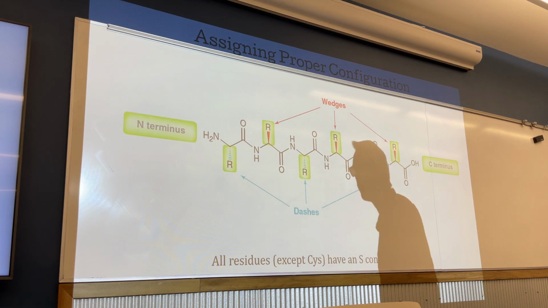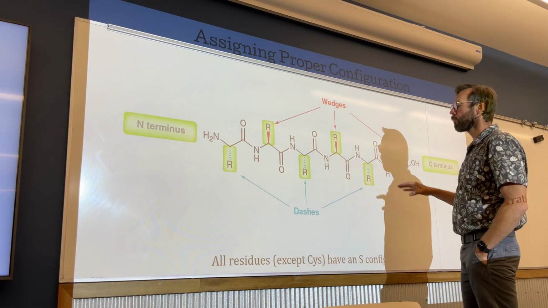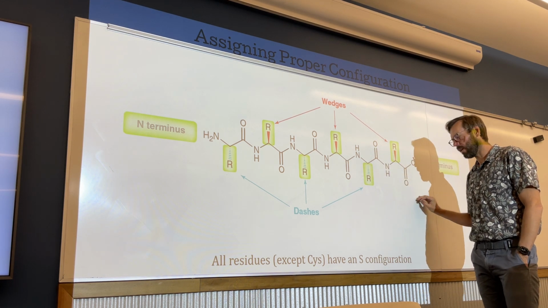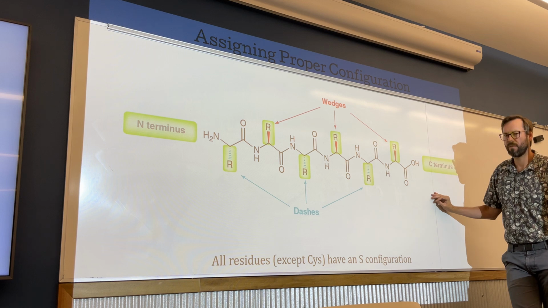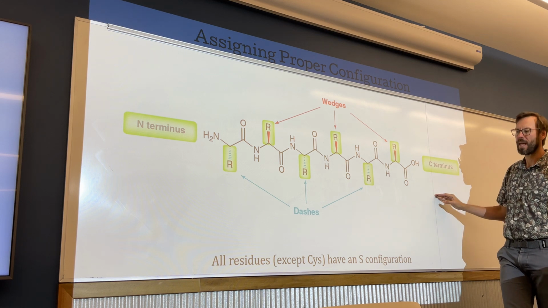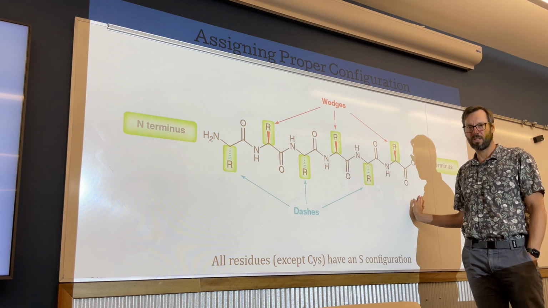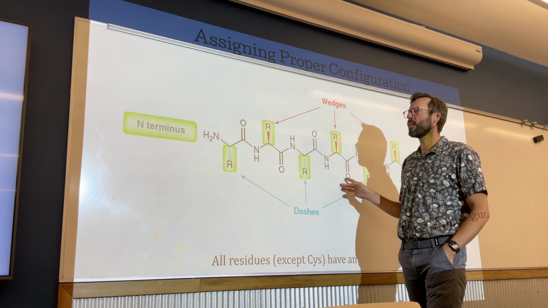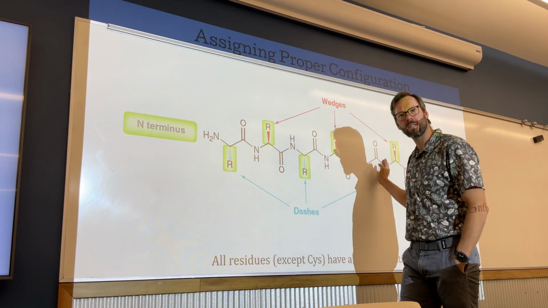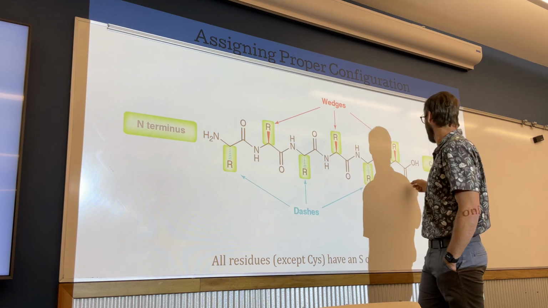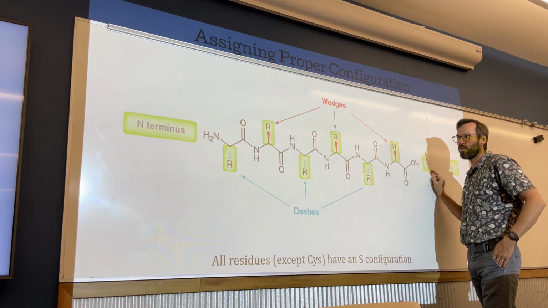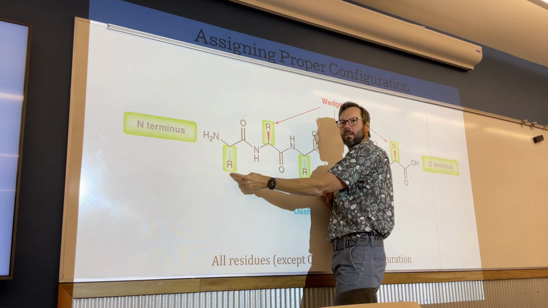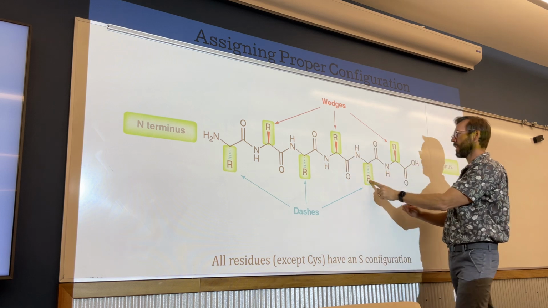And the reason it's not going to be the same is because all of these residues, if you were to look at the chiral carbon, they would be an S configuration. One exception, that being cysteine, that sulfur group. Everything else is S. So with that configuration, if we're drawing them out like this, and we have our N-terminus and we have our C-terminus, the way the R groups are arranged is that they alternate. Down, up, down, up, down, up.